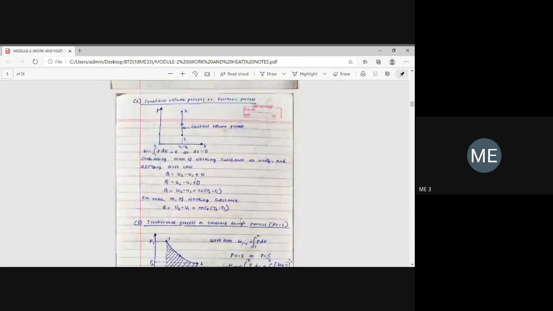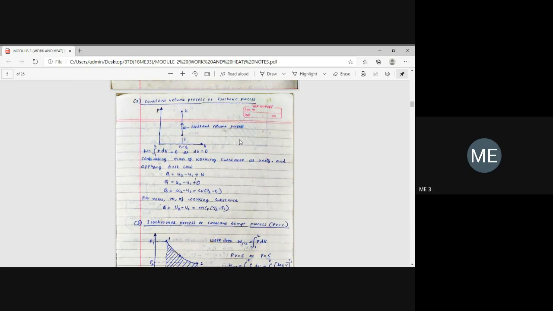See the second diagram. Here once again I am explaining how we get the work done, and based upon that, we find the expression for heat transfer during various processes. Second process: constant volume process, also called isochoric process. Draw the PV diagram. It is a vertical line, taking 1 to 2 as constant volume process. One is an expansion process and one is a compression process.